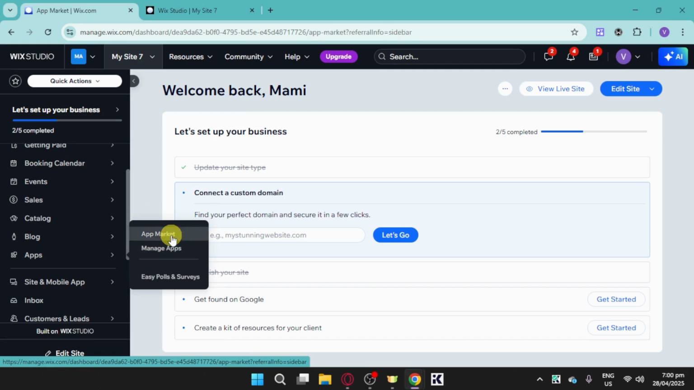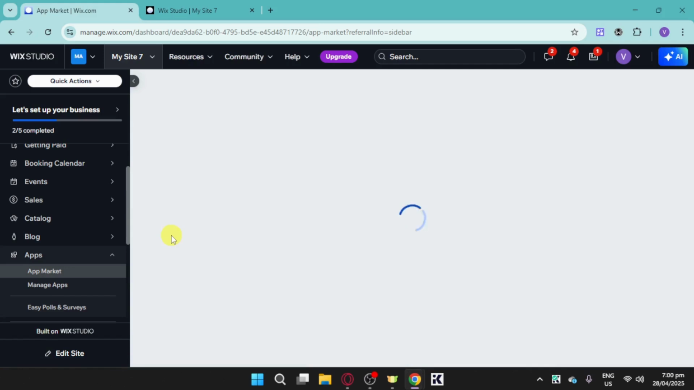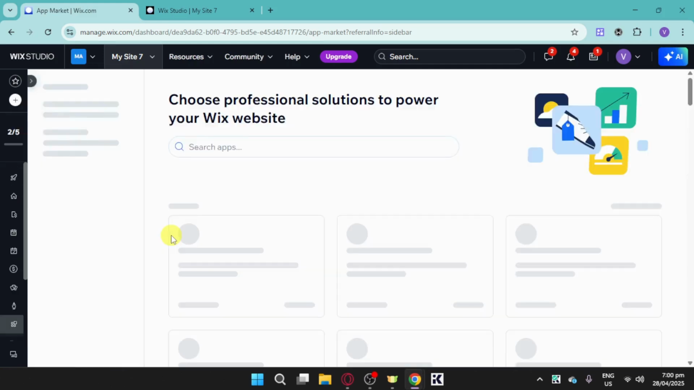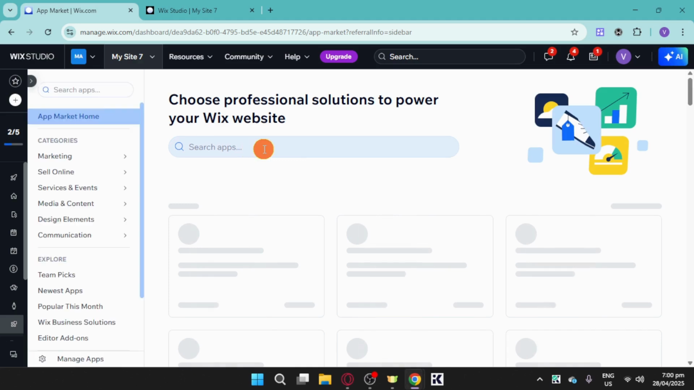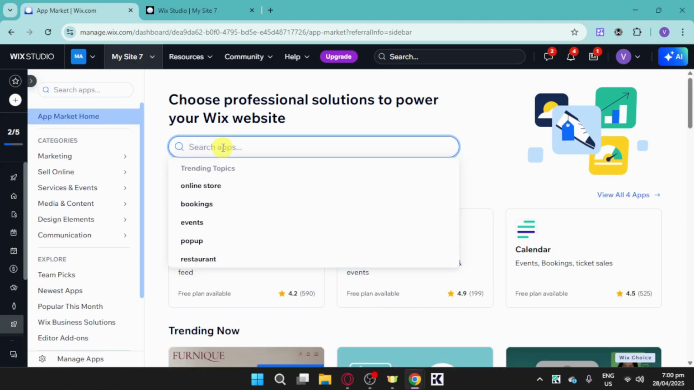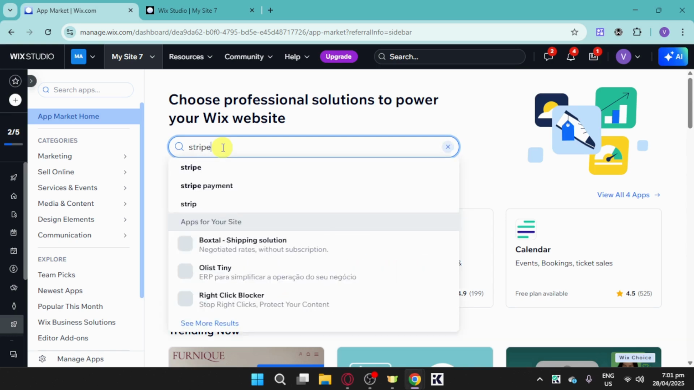Now, once you're in here, you should be redirected to the app market of Wix. So the next thing that you need to do is just click onto the search bar that we have right here and then search in here for Stripe. So click on it, search for Stripe, and you should be able to see here this payments option. So you can just click on that,